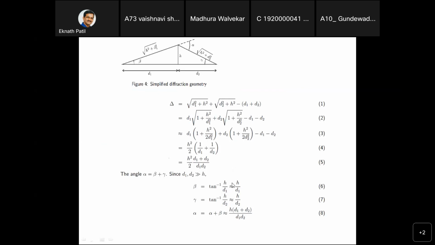That angle they are going to calculate, that is beta is equal to tan inverse h by d1. Now h is much greater than d, and that's why they are going to write it as h by d1 only. Gamma is also h by d2, since h is very much greater than d2, so they are going to write h by d2 only. So alpha is equal to gamma plus beta, and that can be written as